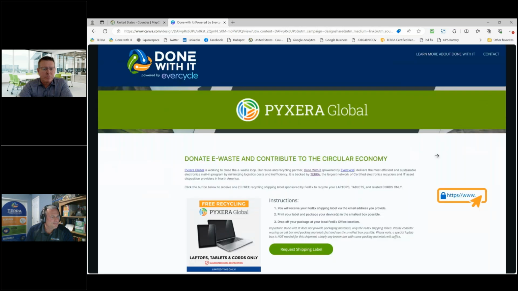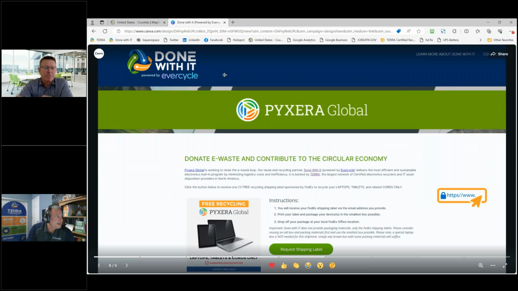So for an end user, and that's really kind of what this is all about, is making sure that your customer, your end user, their employee, or whomever is going to be accessing the system and sending material to you, that it's all seamless and simple. So for demonstration purposes, we're going to pull up here. This is the Pixera Global kind of landing page. It's specifically branded,